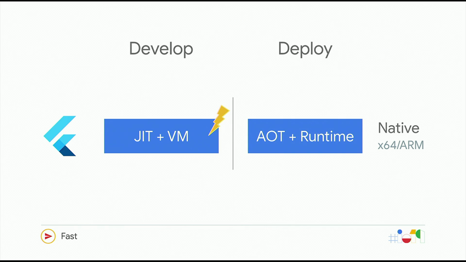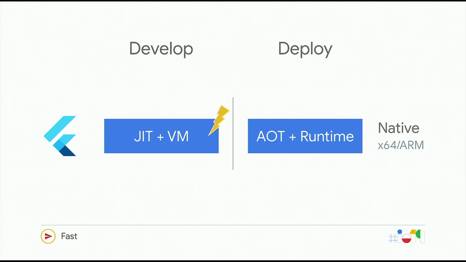So in addition to the JIT, we have AOT, an ahead-of-time compiler. When you're ready to ship your application, it takes all of your Dart code, including all the transitive dependencies, all the libraries you use, and compiles the whole thing down to machine code ahead of time, exactly like you would do with C or C++, right? The end result is a native executable that contains your application and the Dart runtime, so the garbage collector, the runtime